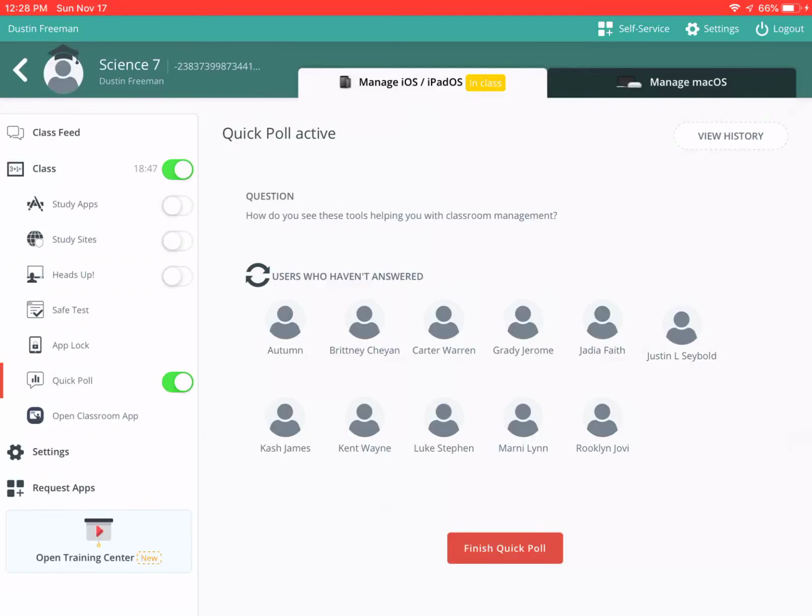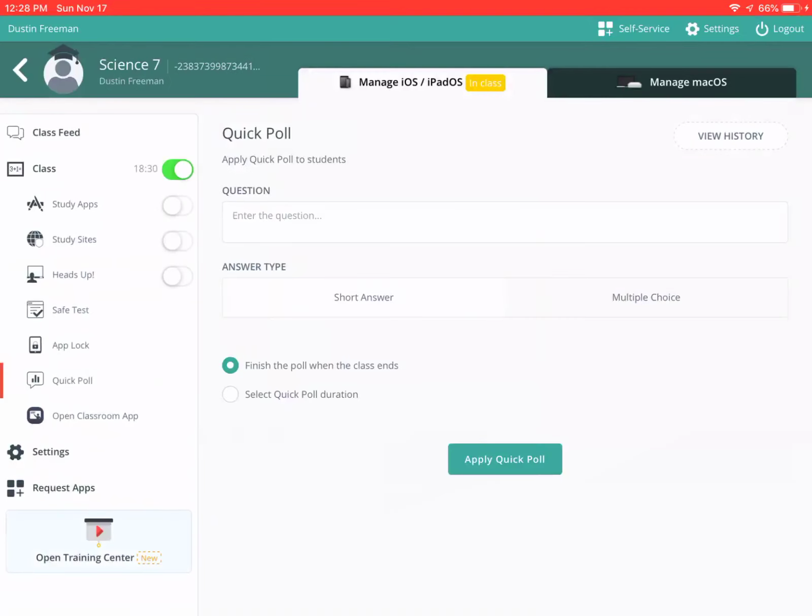I can see here who has answered and who hasn't. As they answer, if I go up here in the upper right, once I have answers, I have that view history button. I'll be able to see these. If I see that everybody has answered, I could do a finish quick poll, and I could have another poll question. So handy little tool to do quick class discussion and do it